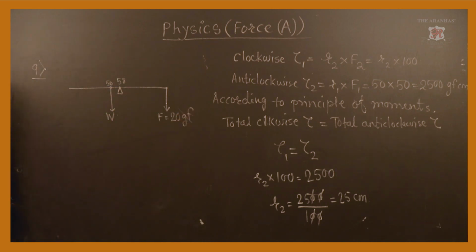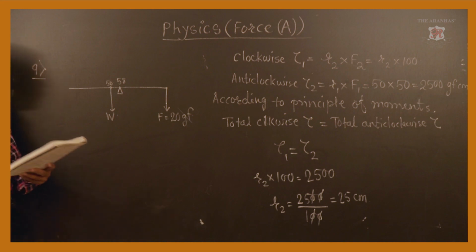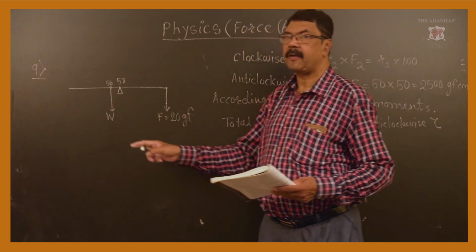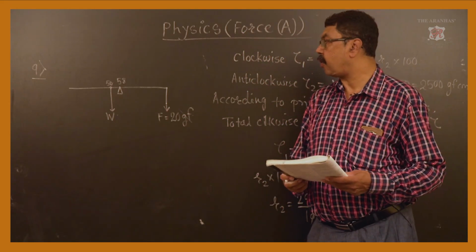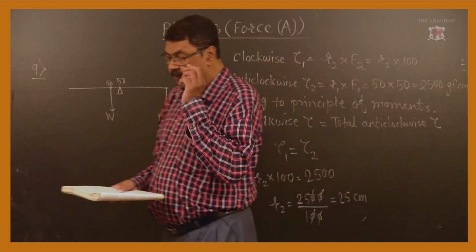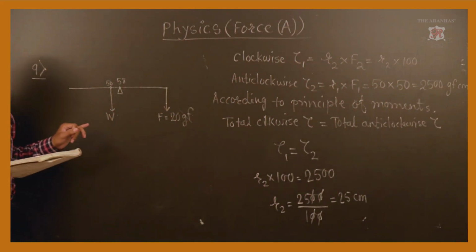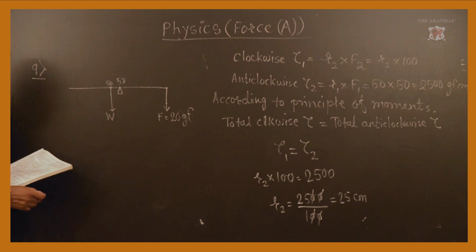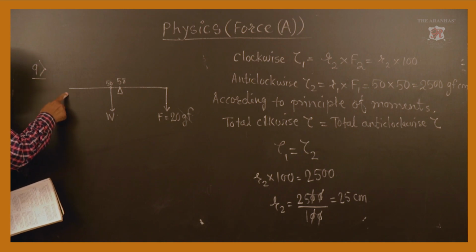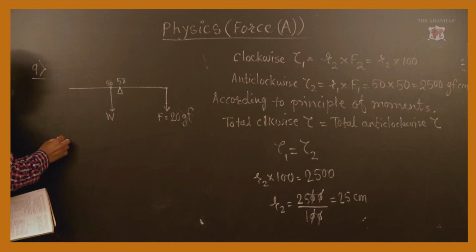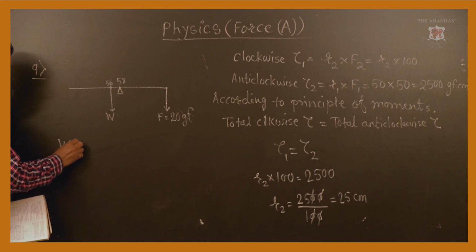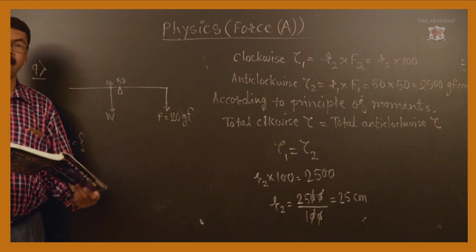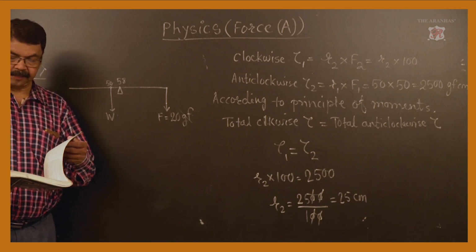What are the questions? Just check. Draw the diagram of the arrangement. Many students do not draw this weight from the center of gravity of the object. So, you have to consider the weight. And the second part they have asked is, what is the weight of the ruler? The first part is over, there is nothing hanging from here. The second part is, what is the weight of the scale? We will be using the same principle, but we will solve it in the next lecture. Thank you.